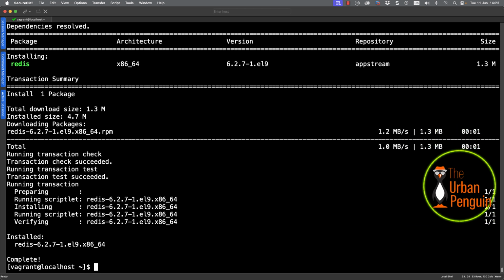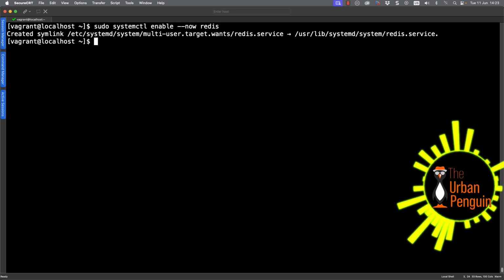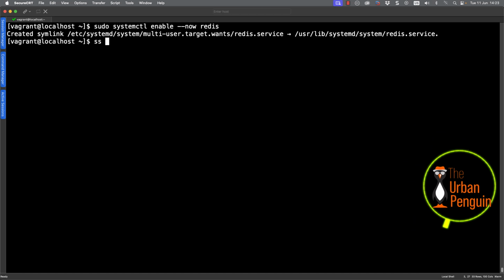Now, of course, we have to start and enable the service. So sudo systemctl enable redis --now. So enable makes it start on boot, --now starts it now.